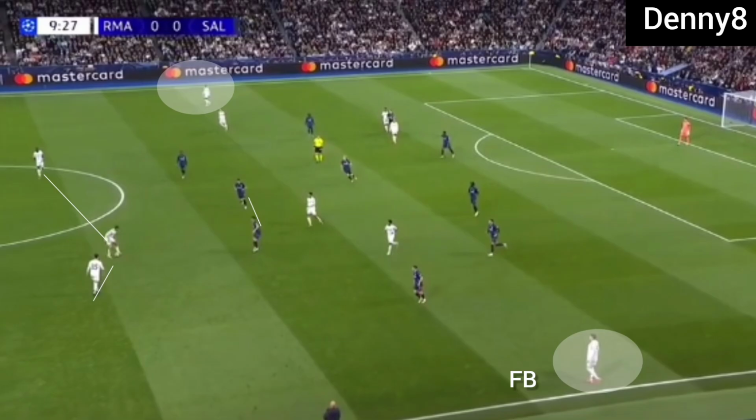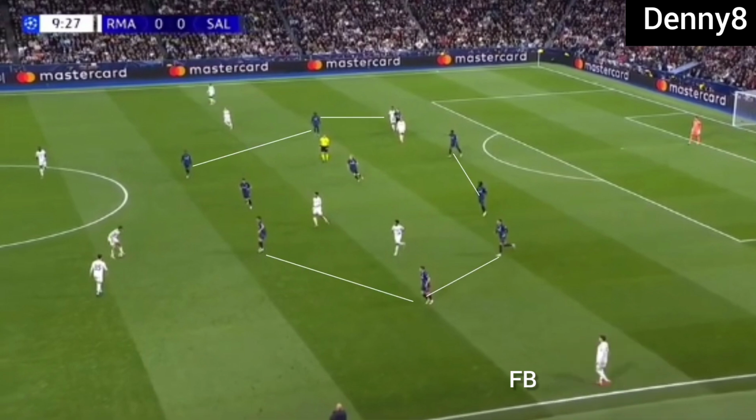In open play, Real Madrid's fullbacks were operating high, so if Real Madrid was losing ball possession in the penetration phase, then it was becoming a threat for Real Madrid. Salzburg's first line consisted of two players, so when Real Madrid's pivot was dropping in, then there was a 3 versus 2 in front of Salzburg's front line. So if 3 versus 2 was being formed, then Real Madrid's fullbacks had the license to operate high in the wide zone. Real Madrid was easily building the game from the wide zone, but when Real Madrid was trying to build the game from the center, then Real Madrid was facing problems.